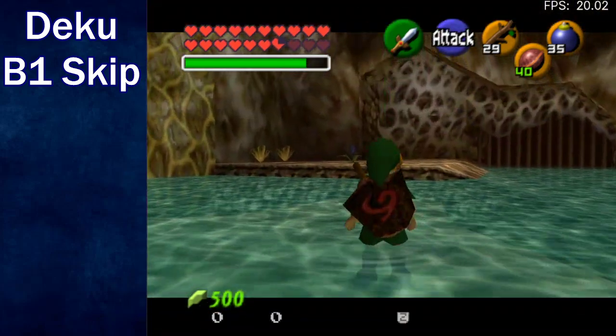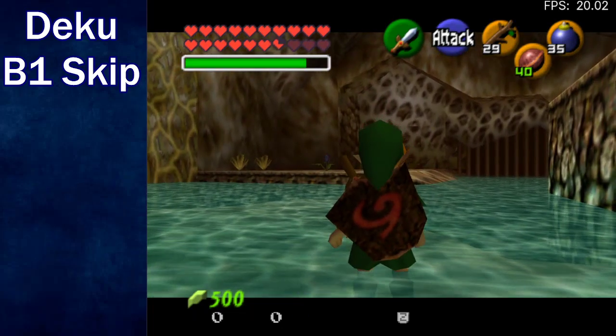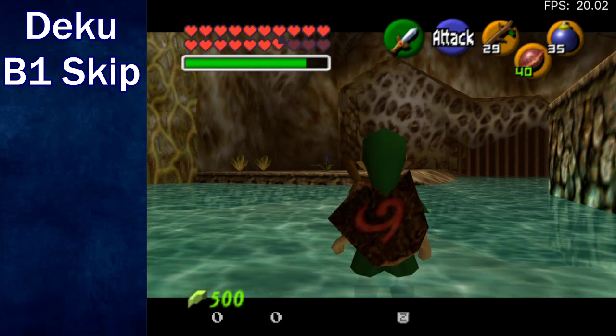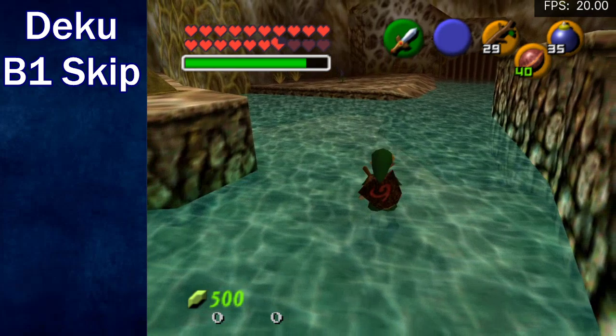Similar thing happens whenever you backflip. If you backflip and then you press A, Link rolls almost completely to the side, like 90 degrees to the side. So we're going to exploit that